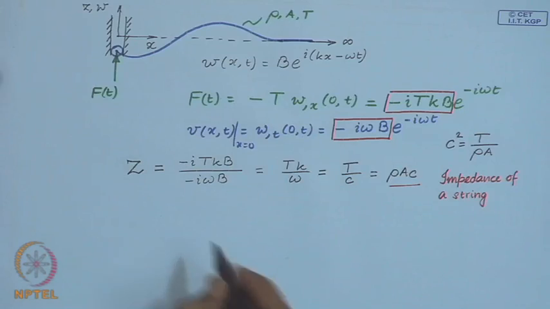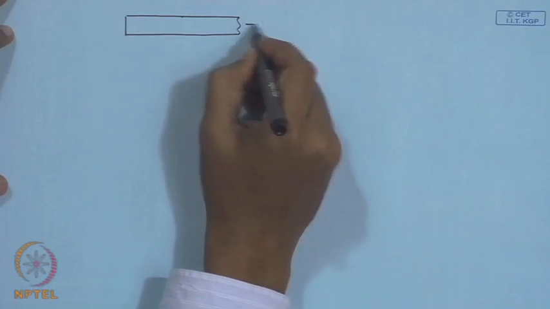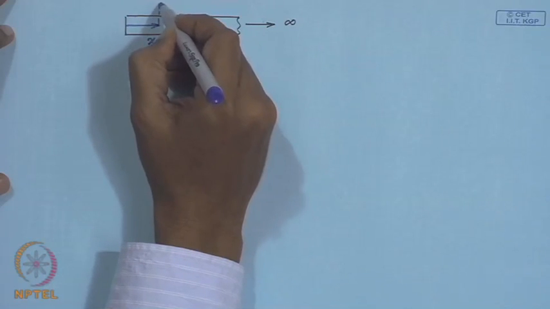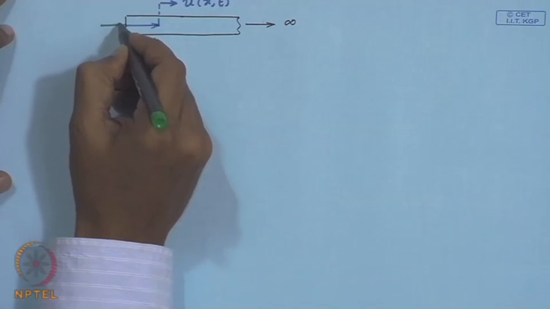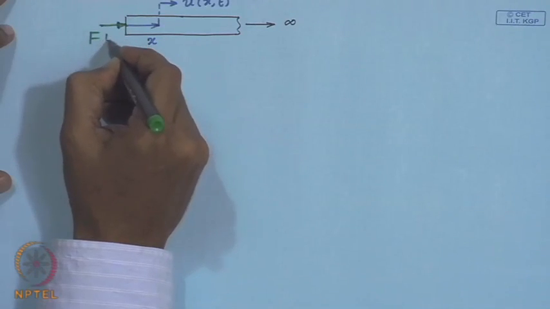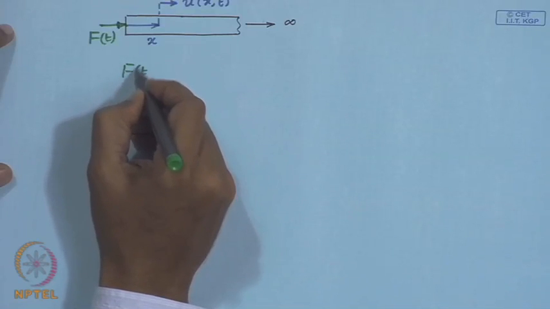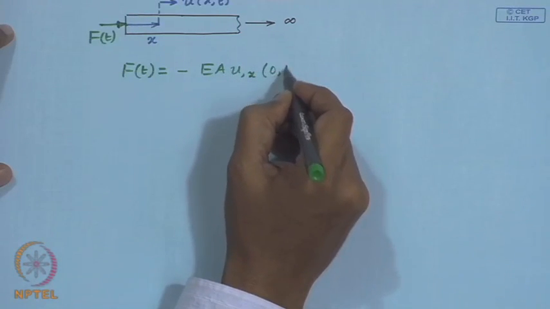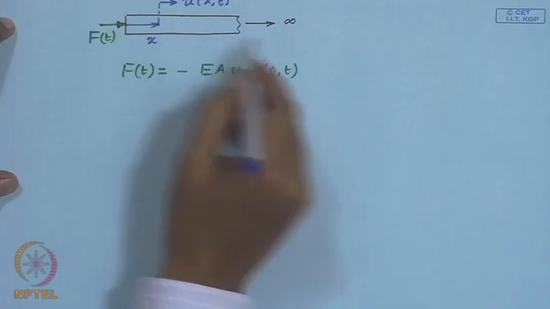Now, similarly, if you consider a semi infinite bar to which you apply a harmonic force, so from the boundary condition, when you apply a harmonic force here, you assume that harmonic waves are set up in the bar,